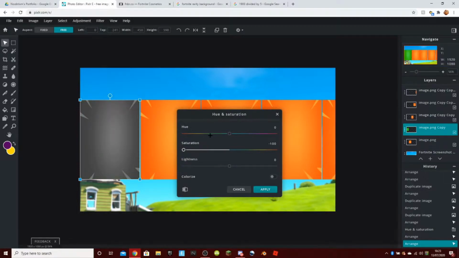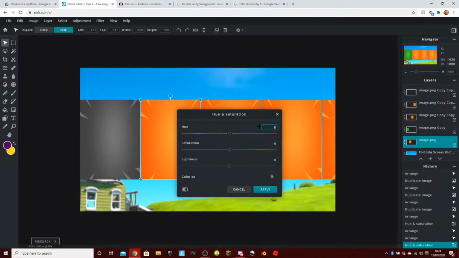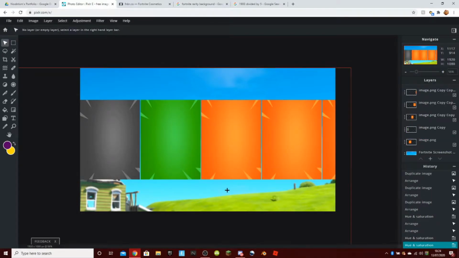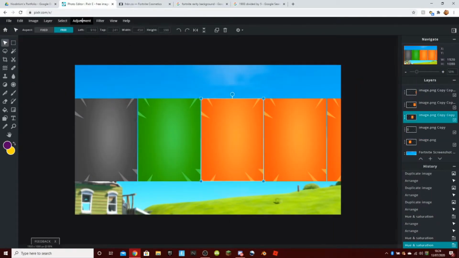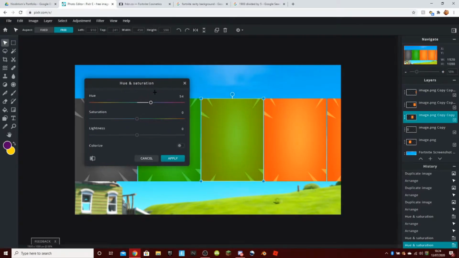There you go. That's grey. This one didn't end up going green, but I know what the stuff is. There we go. And then blue, hue and saturation. You can move that. You have to drag it by the top, or you can just do it in colorize instead if that's any better. There you go. Blue,